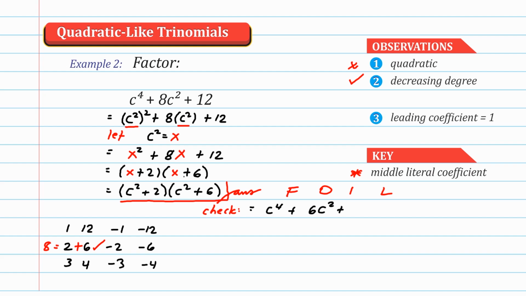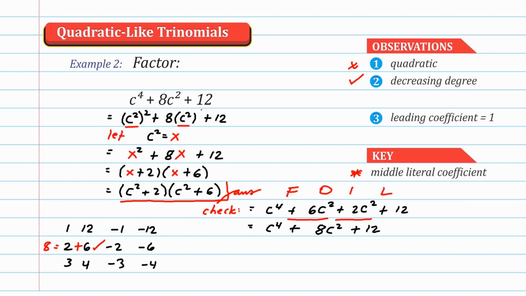Plus, inner terms, 2 times c squared is 2c squared. Plus, last terms, 2 times 6 is 12. Again, like in other previous problems, we can add outer and inner here. We have c to the 4th. They are like terms. 6c squared plus 2c squared is 8c squared plus 12,